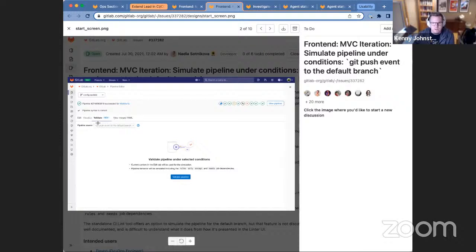First one we're going to be starting with is a git push event to the main or default branch on the project. But we're really excited about where this will go further, where you can add different pipeline triggers and get a sense of what this pipeline is going to look like if I commit to a development branch, or I create a new tag, or I push an event to the default branch. This will allow you to more rapidly understand if the CI configuration you've written is going to perform as you expected, reducing the cycle time for making CI